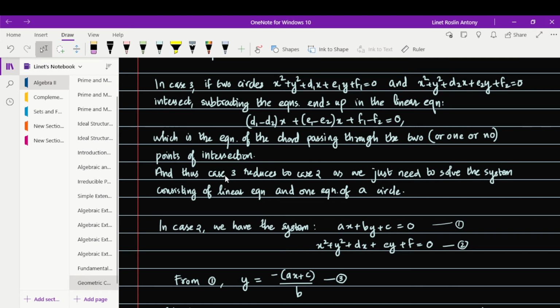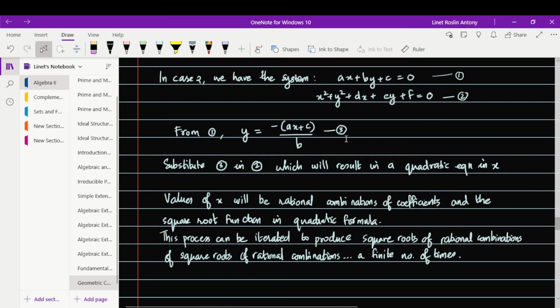And thus case 3 will be reduced to case 2, as we just need to solve a system consisting of a linear equation and one equation of a circle. That is, we have the system ax plus by plus c is equal to 0, x square plus y square plus dx plus ey plus f is equal to 0. So that is case 2. We earlier said that case 3 is reducing to case 2